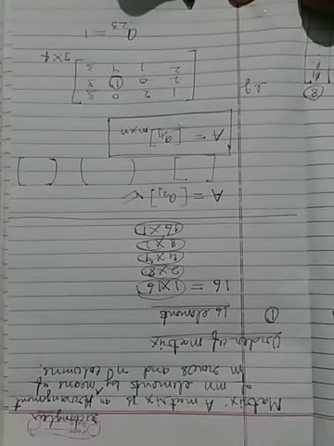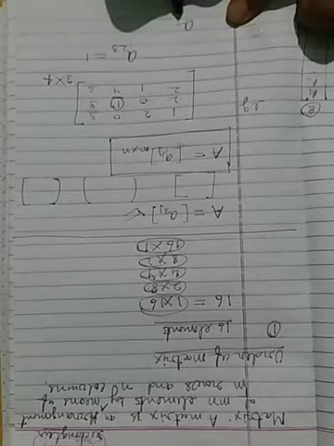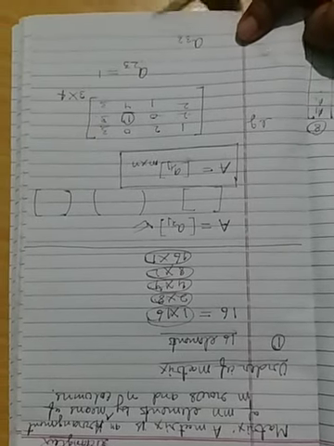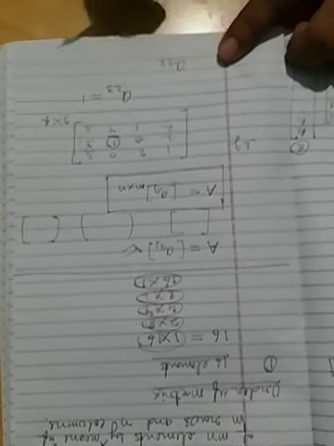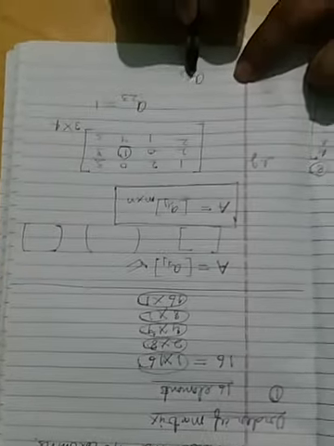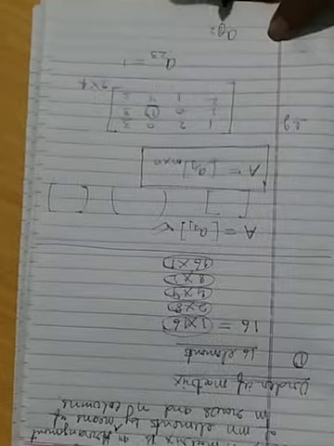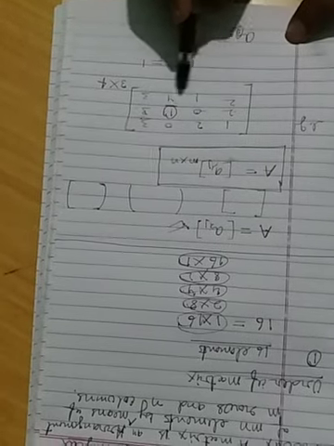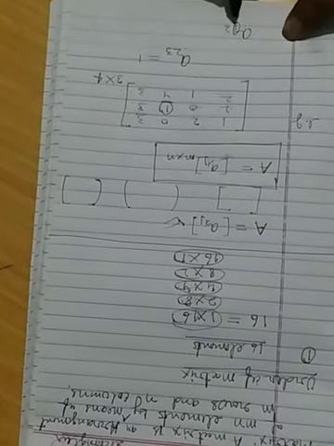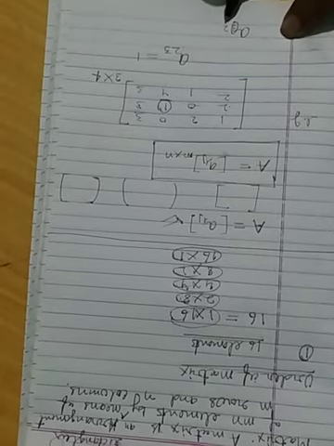Now, if I ask one question, what is A32? Can you find this? A32? So you have to go in third row first. First of all, you will decide which row. So third row. So we look at this. This is third row. And in third row, you have to go for second column.